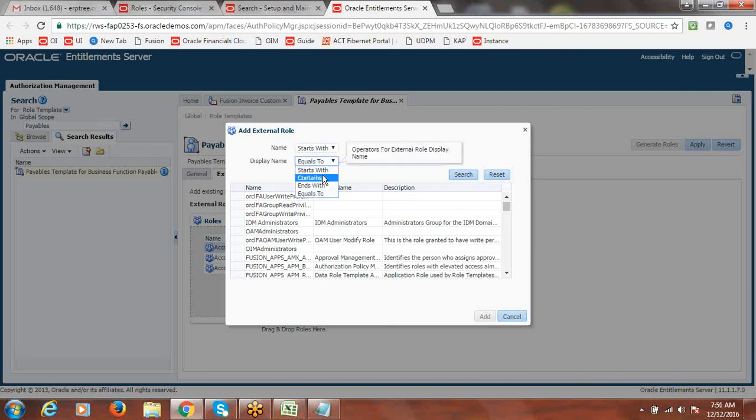Sorry, this filtration is not working. No issues, we'll go and find it.